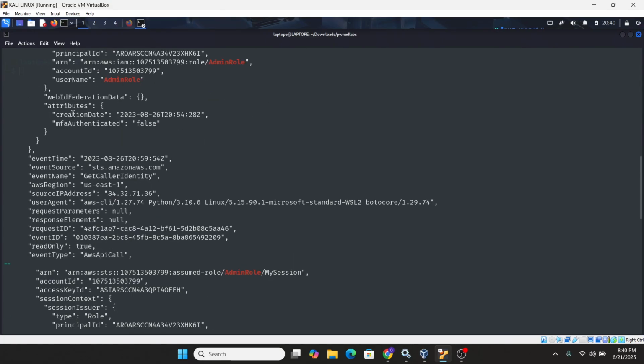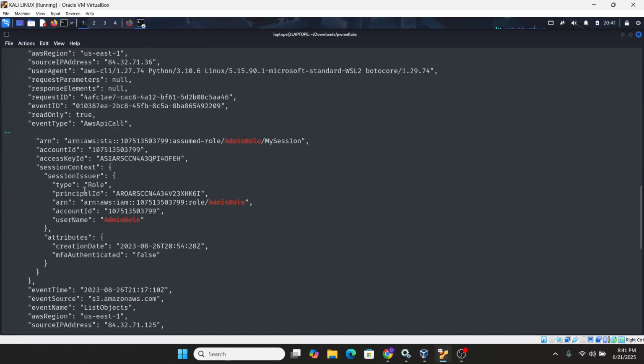Now the user got the caller identity, the AWS STS get-caller-identity that we do perform. The user did that too as well from this IP address.